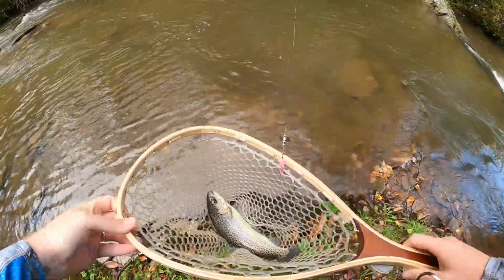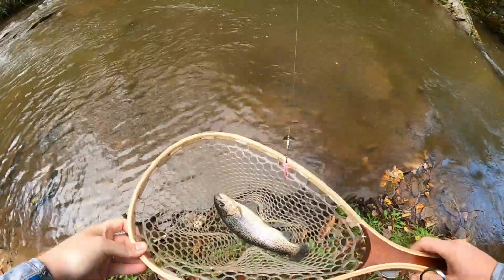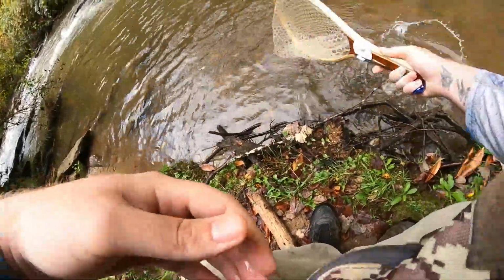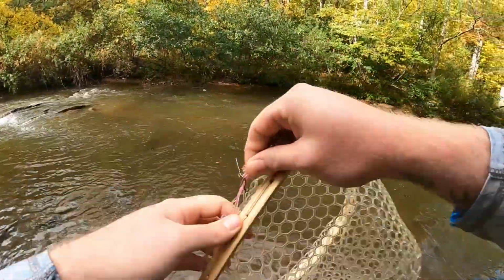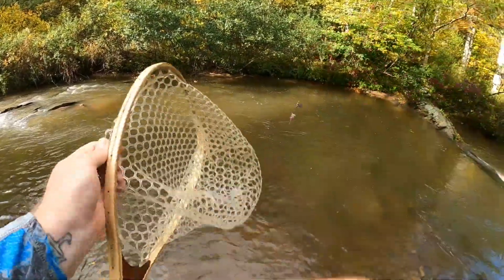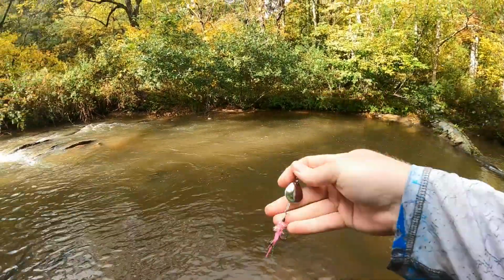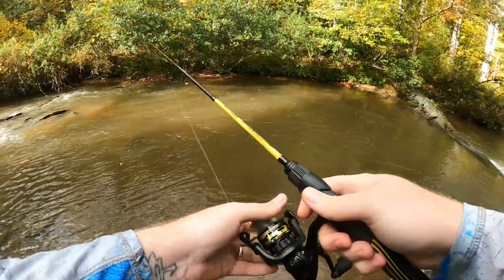Wow, guys, another beautiful fish. That nice spinner hanging there, fantastic. Just let her go on back and strong. Let her go on in there, healthy and happy. Heck yeah, guys. So I guess we're going to cast this thing around a little bit longer since they're still